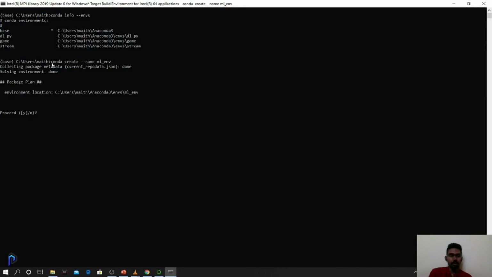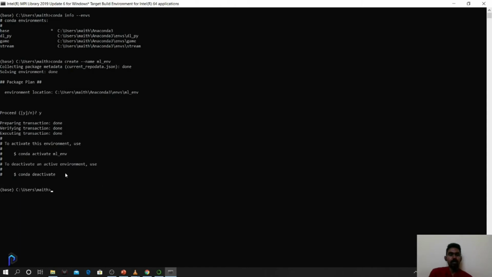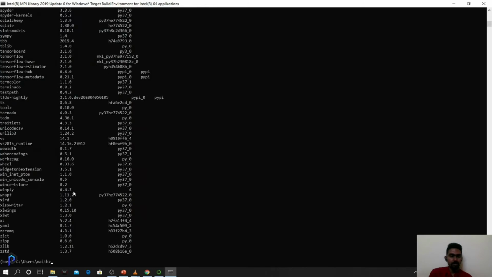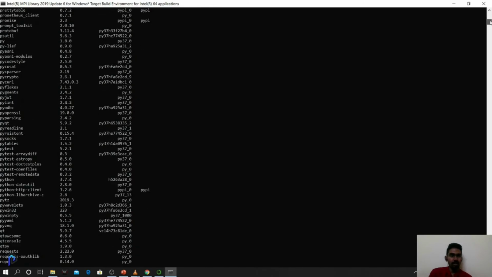It creates a new environment, stored in the C drive under envs. It's done. To activate, I just have to give conda activate. Before that, currently I'm in the base environment. I can use the command conda list to see all the packages that are there in the current environment. These are the packages that are available in the current environment.